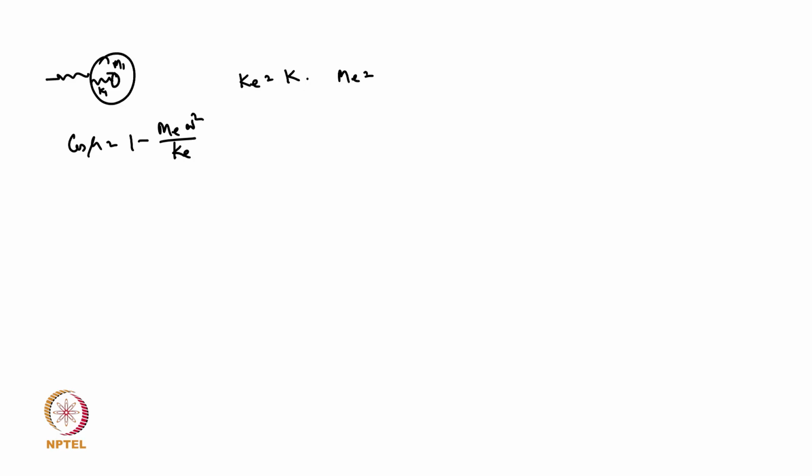Me is basically m1 into 1 plus m2 by m1 into 1 minus eta 2 square. So that one is m1 plus m2 into 1 divided by